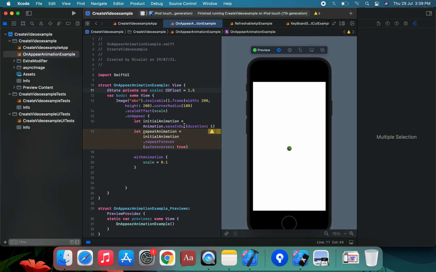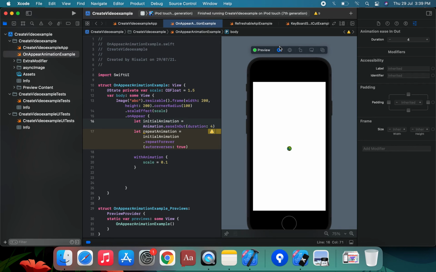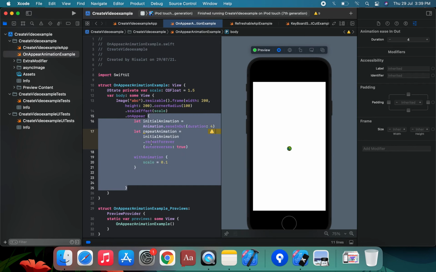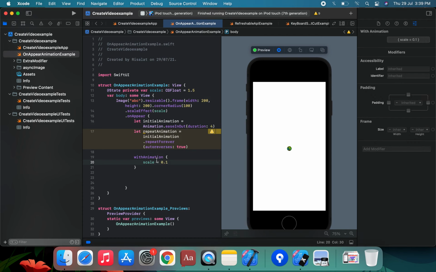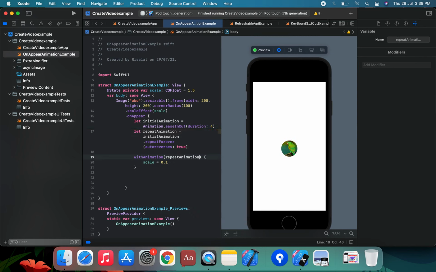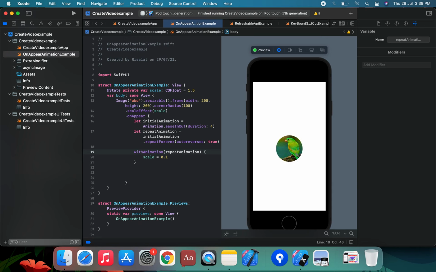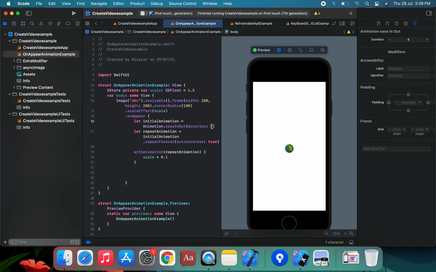We can run this application, but we can check an issue. In onAppear, the scaleEffect uses withAnimation, and we can assign the repeat animation to withAnimation. But here the duration is only 2 seconds.